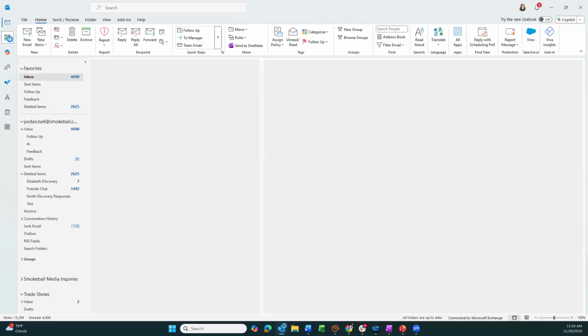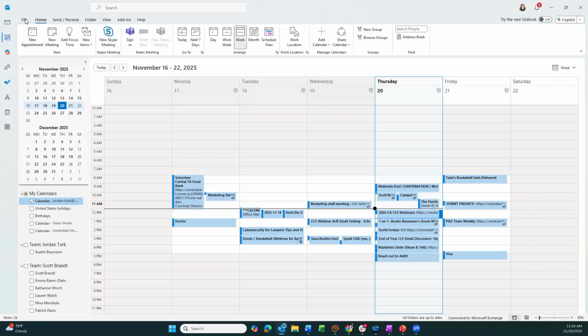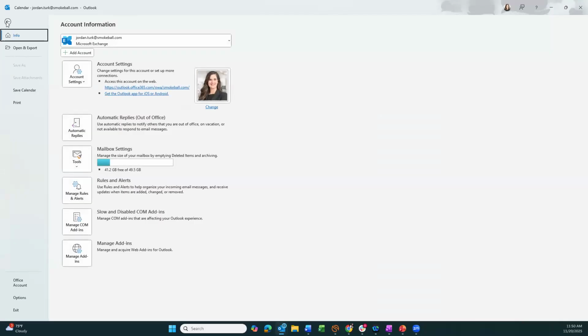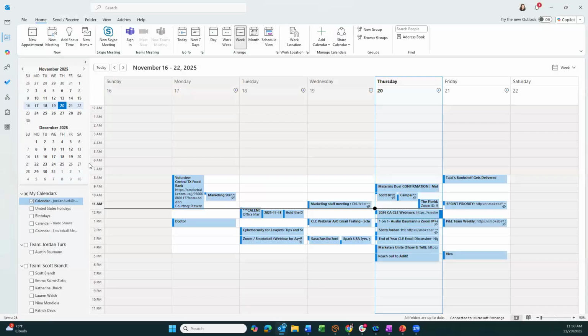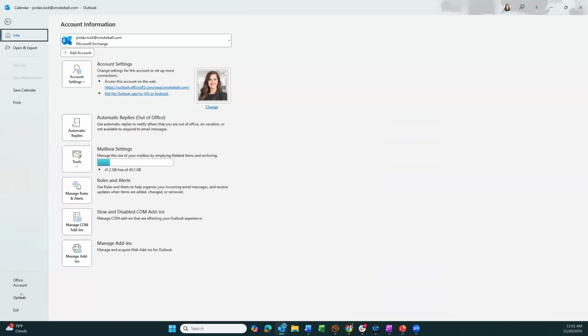So for instance, when I go to calendar and I go to file, so you'll see, well, first of all, right here, you'll see where it just has one time zone. This is me. I'm in Central. Obviously, y'all are in Eastern. Must be nice. But so, for instance, if I'm looking here right now, everything is displayed in Central. So let's say I want to add West Coast time, again, for all of the California people that I do business with. No problem. So you'll go over to File, you'll go to Options,